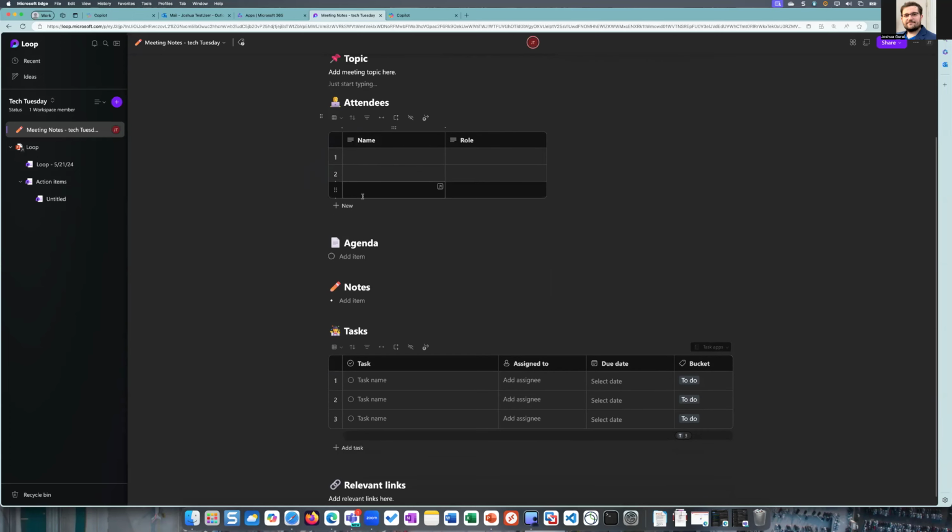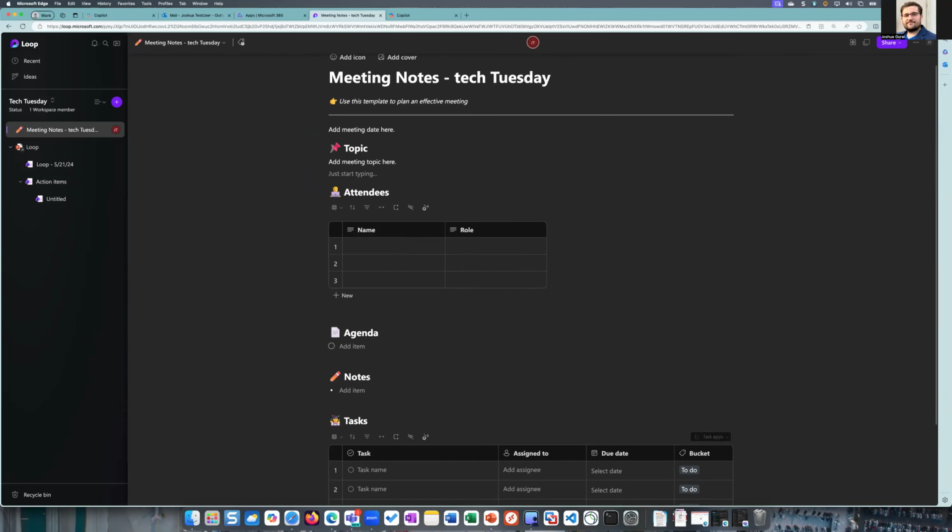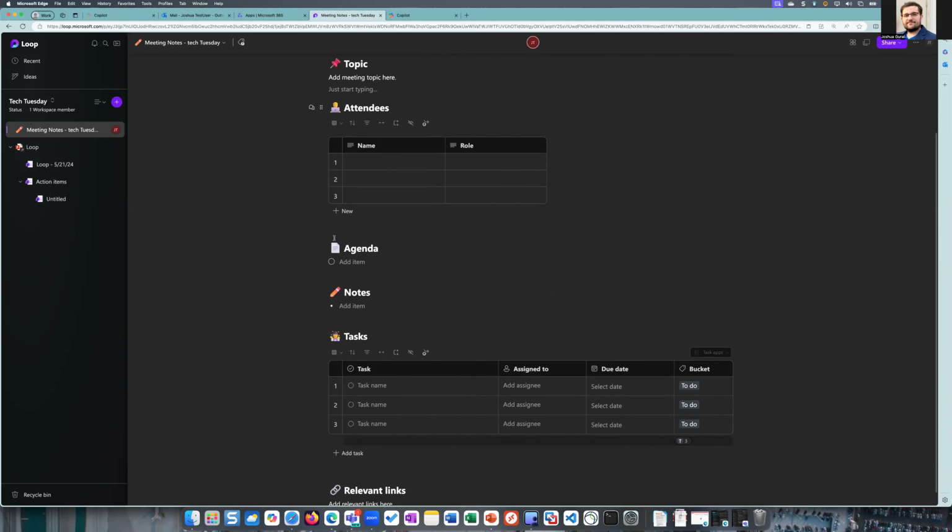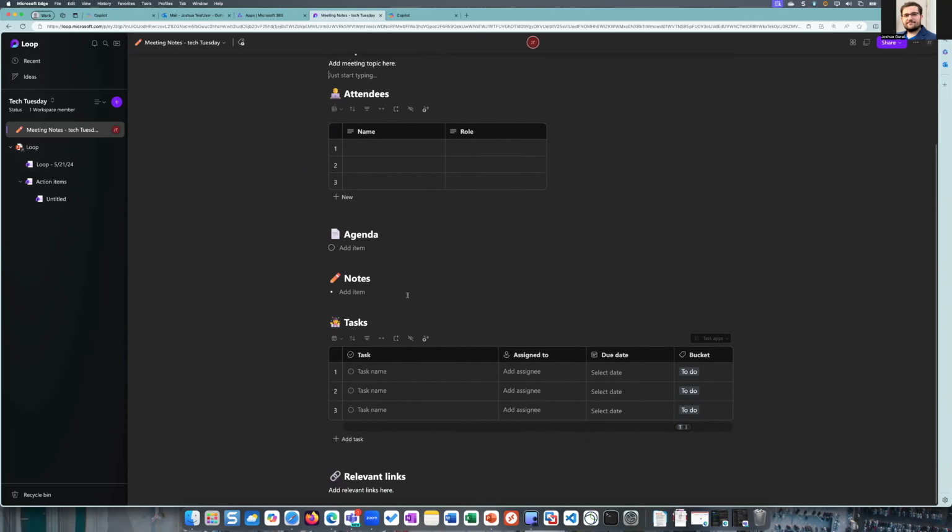So this gives you a place to start. And notice they use emojis a lot. I kind of like it because at a glance, I can see that this is attendees. I can see this is the agenda, the tasks, etc. If you don't like them, you can delete it and save it as your own custom template, if you like. But just to further my point here, we'll click on these little dots